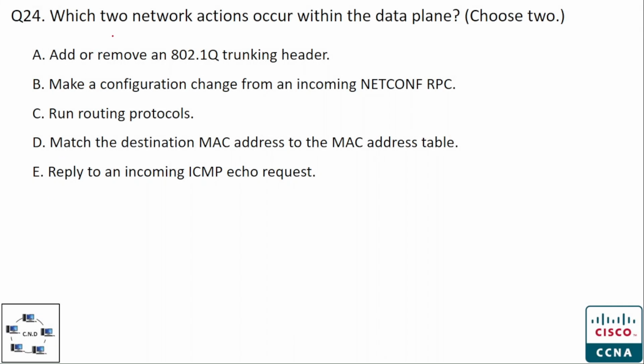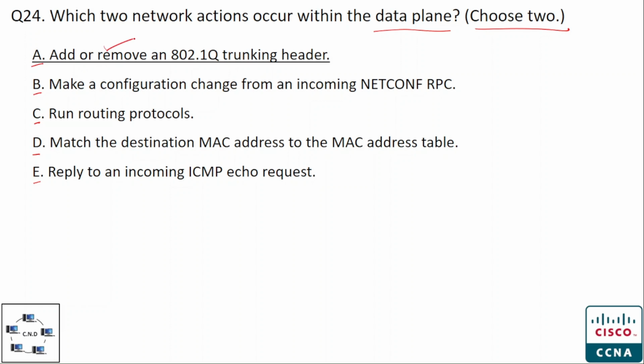Question number 24. Which two network actions occur within the data plane? Choose two options. And the options are option A, add or remove an 802.1Q trunking header. Option B, make a configuration change from an incoming NETCONF or RPC. Option C, run routing protocols. Option D, match the destination MAC address to the MAC address table. And option E, reply to an incoming ICMP echo request. And the correct options are